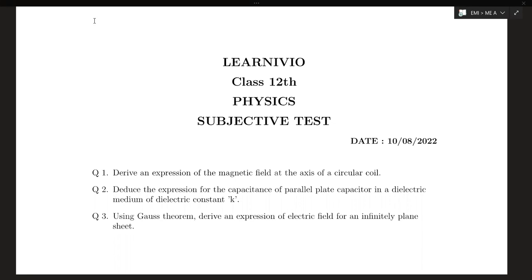Samira, where have you sent it? Don't send it to Learnivio's number. No, Samira. Send it on the group or send it on my number. Don't send it to the Learnivio's number. It becomes difficult to collect your sheet then. Forward it on